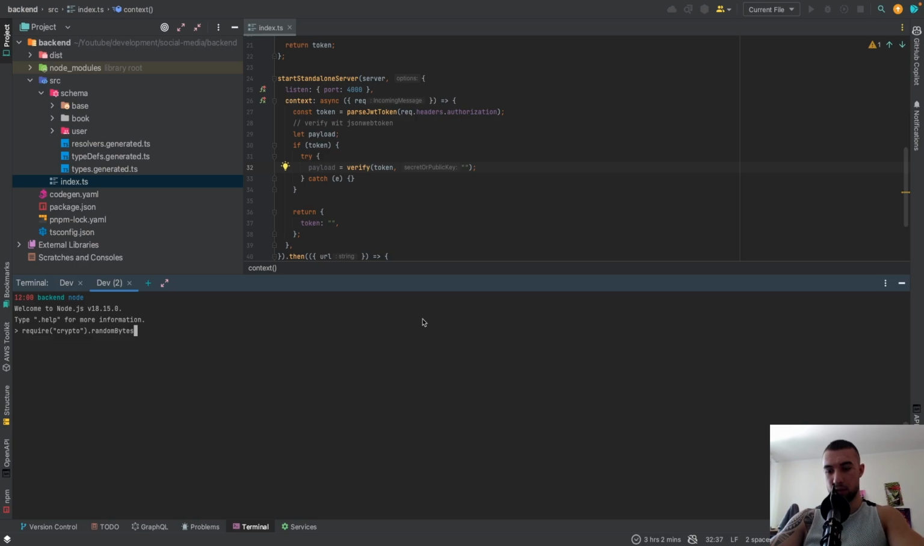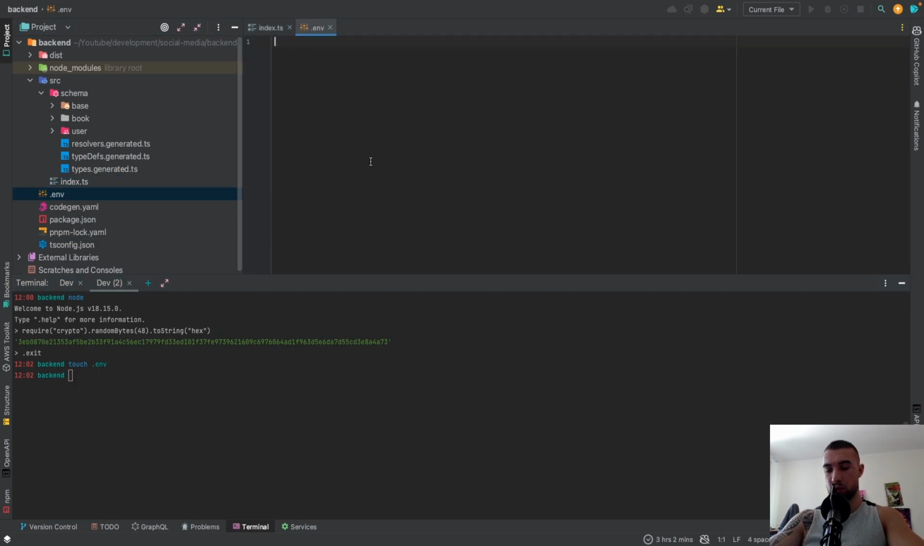Random bytes is the function that I use. Let's say 84 bytes, and we are going to format this to hex. And this is the secret that we use. Let's also touch an .env file and store our secret here,